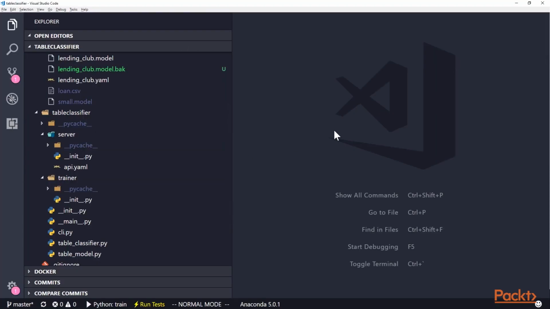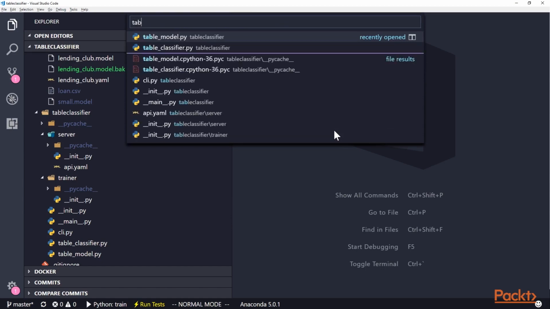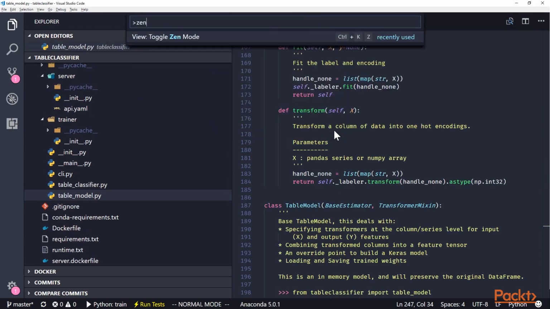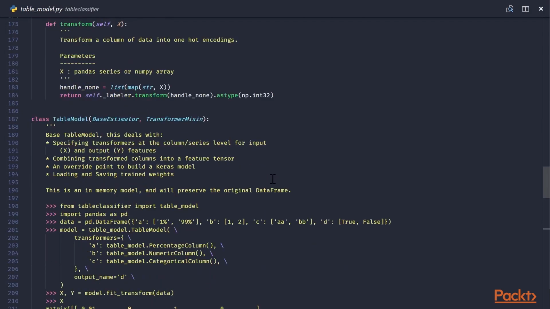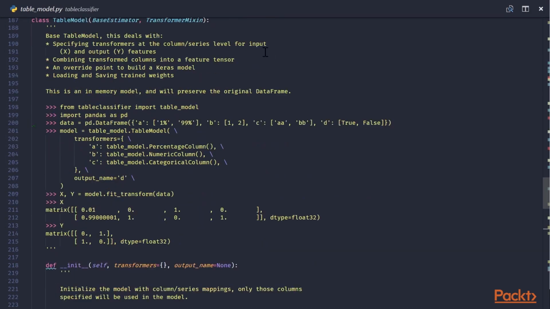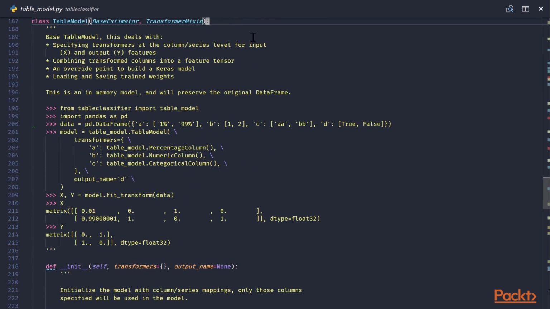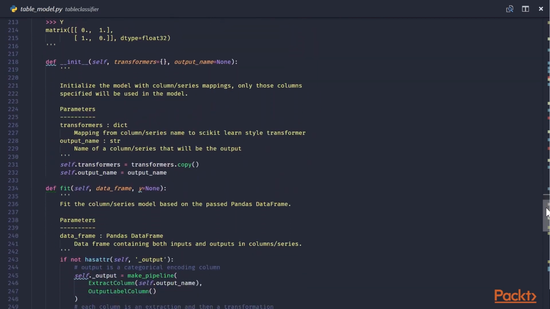And now we'll take a look at the code that turns this YAML file into an executable table model. Some of this code is familiar from previous sections in the series, and we're just expanding this to work with a more data-driven or declarative approach in YAML. You can see here the definition of the table model, which should be familiar from before, where we import the table classifier, table model, we have pandas, and then we lay out in data a series of values, named columns with some percentage, some numbers, and some categories. And then the transformers, where we use particular objects to go from input to output and then configure our model,